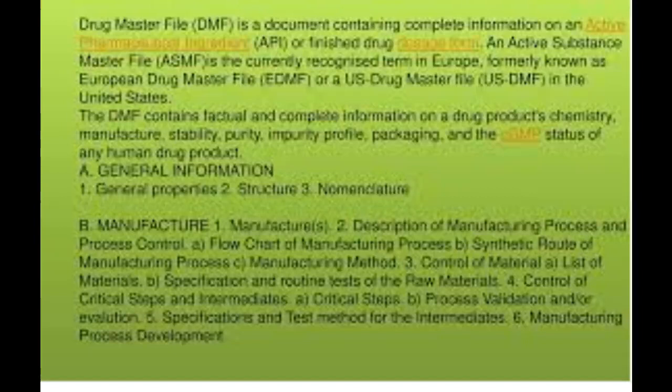These submissions support a third-party application without revealing the information to the third party, and maintain the confidentiality of proprietary information. For example, the synthetic or manufacturing procedure for the holder, allowing review of information by a reviewer at FDA to support an application submitted by one or more applicants.